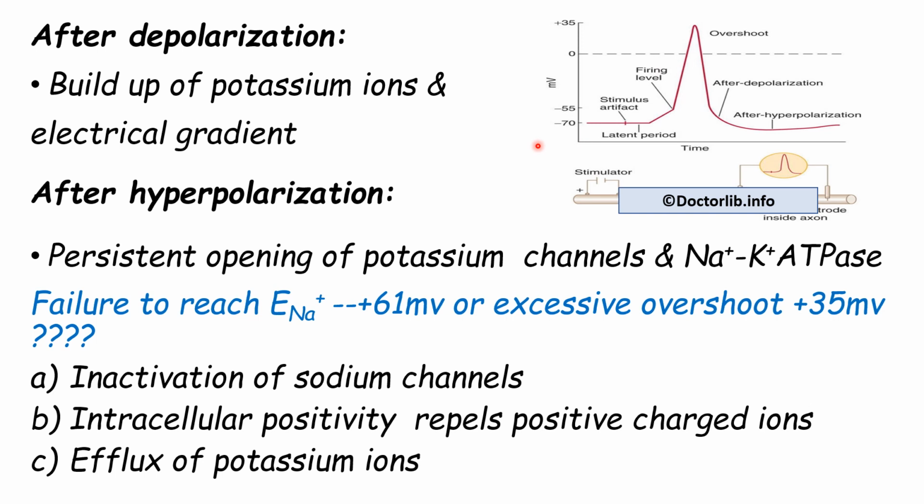Now as we see, repolarization has occurred, and then there is a phase after the repolarization, which is known as after depolarization. Here this was a very rapid downstroke, and here it is a slow downstroke. Why does this occur? It is the buildup of potassium ions outside the cell membrane, and there is less of the electrical gradient which is responsible for the initial rapid diffusion. The electrical gradient declines, and this phase is known as after depolarization.